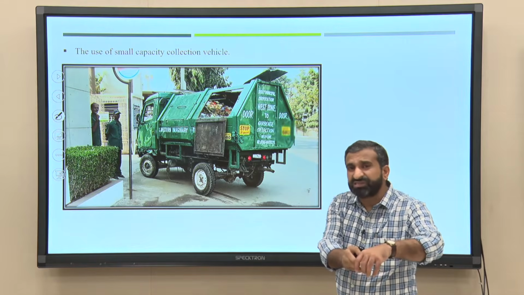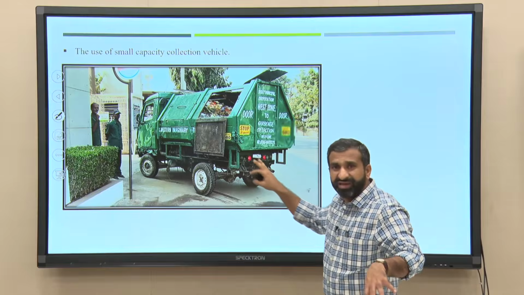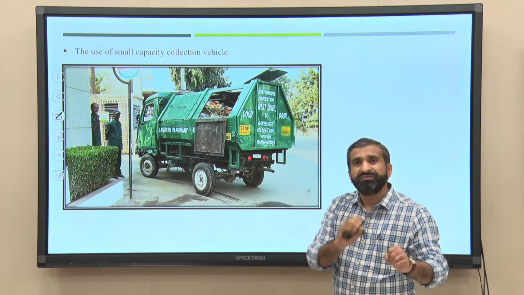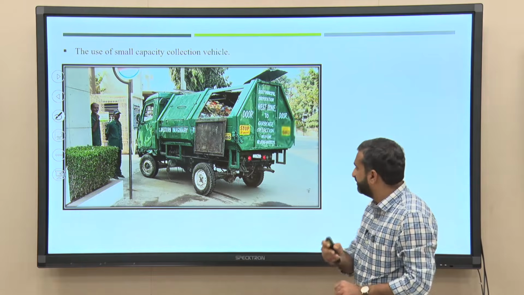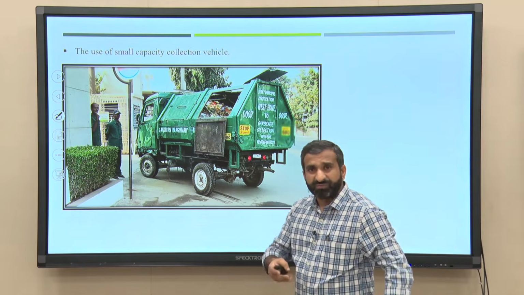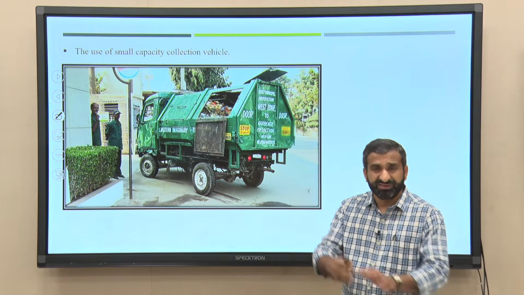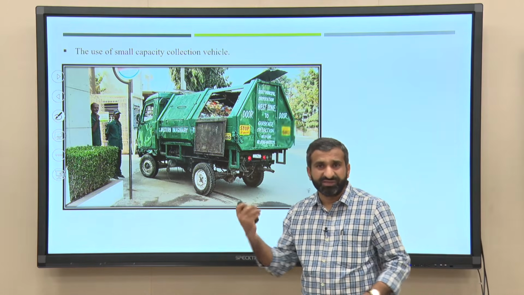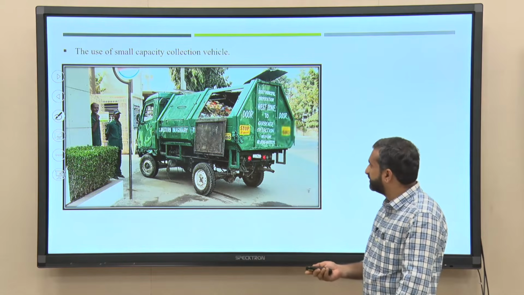But because of these transfer stations, it is possible that you can plan for smaller vehicles, and this smaller vehicle collects the waste directly from the households and goes to the transfer station facility to deposit the waste in those locations. Also, for primary collection, rather than using the tricycle rickshaw, we can use auto tippers, the mechanical vehicle, where the waste can be collected from each household, and the waste will go to the transfer stations.